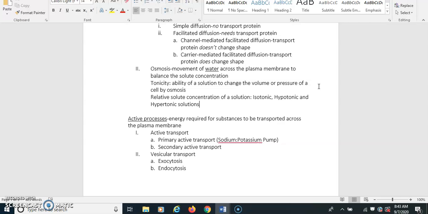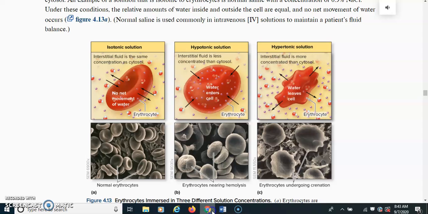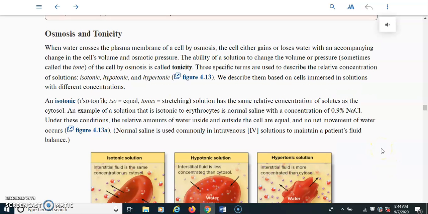Okay, but our cells are really important. Remember, they're the smallest living units within the body, and they are the ones that perform various chemical reactions and make all of our body functions happen. So they're really important. So we need to understand what would happen to them when osmosis happens. So again, what's going to change within them, and their volume would change and the pressure within them would change if osmosis happened. So I'm going to go back to our textbook so we can look at some pictures here